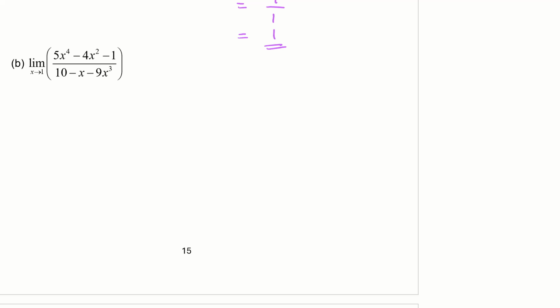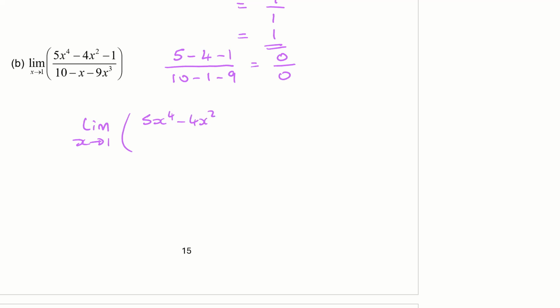So if we tend x to 1 here, 5 take away 4 take away 1 is the top, 10 take away 1 take away 9 is the bottom, so that's 0 over 0. So we have an indeterminate form. The limit as x tends to 1 of 5x to the 4 minus 4x squared take away 1 over 10 take away x take away 9x cubed is going to be the limit as x tends to 1 of 20x